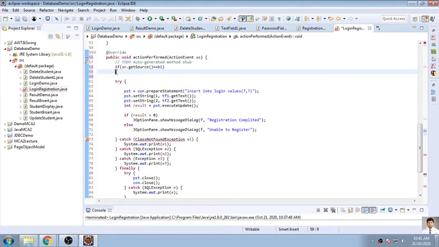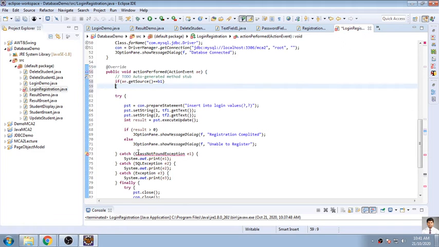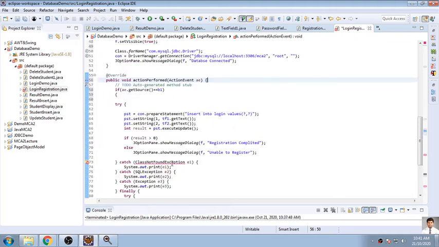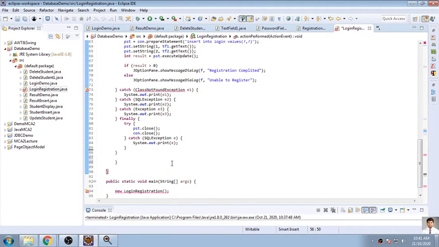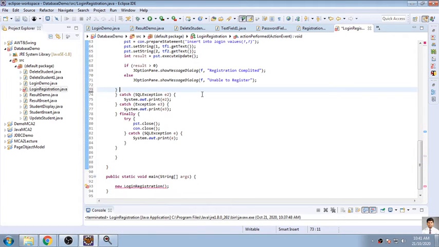So we will check where it is closed exactly. So if it's closed here, and what about this function? So no issue. As there is no ClassNotFoundException because it has already been handled, there is no need for this one.